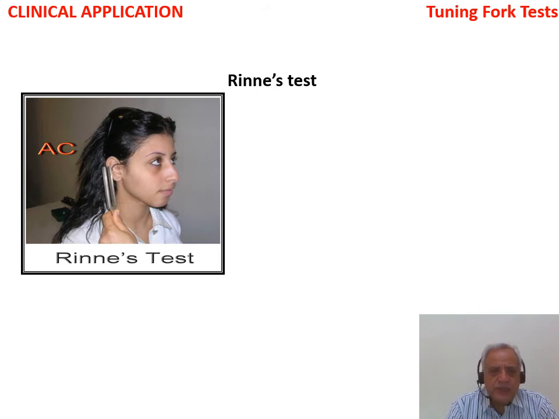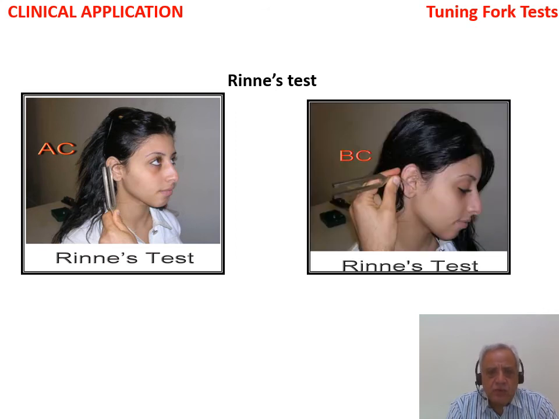The Rinne test: we strike the tuning fork and put it parallel to the air, so the vibration will move along the external auditory canal, along the middle ear. What is going to happen in the middle ear, it will be magnified, and it will reach the cochlea magnified. By doing that, we are speaking about air conduction. Now the patient is hearing by air conduction, and there is vibration and there is magnification of sound in the middle ear. Then you restrike the tuning fork again, and you place it at the back,